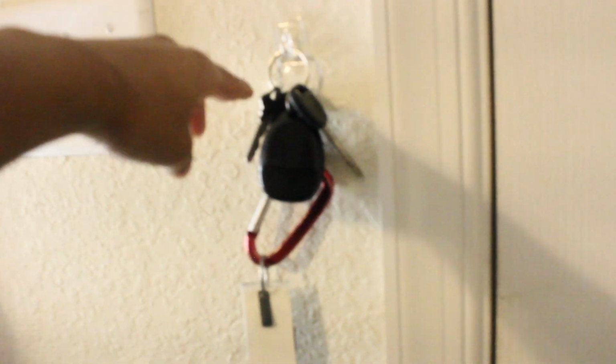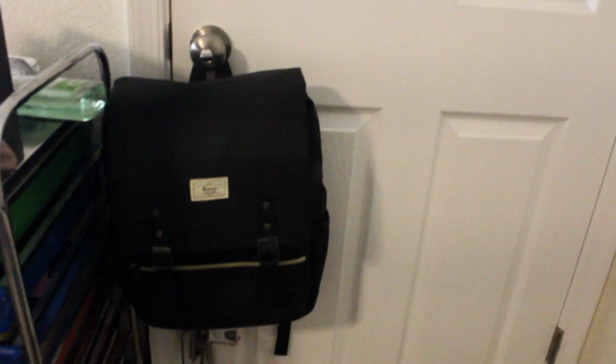And then above that, I just have a command hook so I can keep both sets of my car keys up here because I have a tendency of leaving them. And then back to square one, behind the door that enters my room is my backpack for the school year, so I can just grab and go what I need. So yeah, that's pretty much,